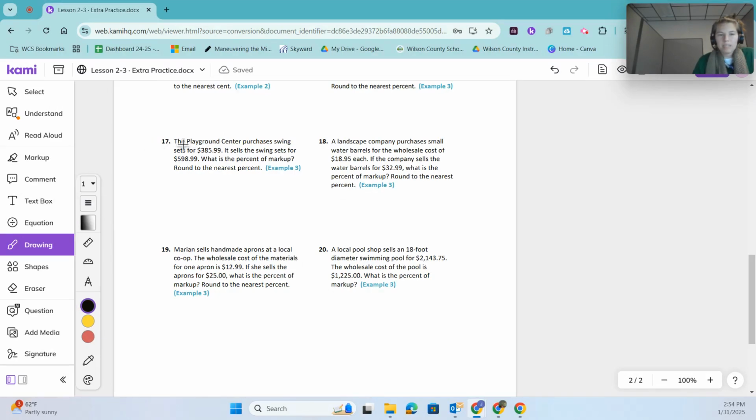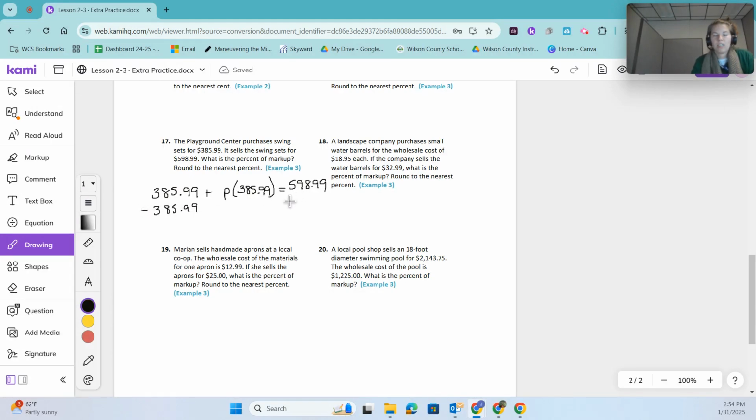Okay, this last type of problem is a little bit different. This is the Playground Center purchases swing sets for $385.99. So 385.99 plus it sells the swing set for. Now it's giving me the total. So I do not know the percent. I know I'm taking the percent times this 385.99 to equal $598.99. So in order to do that, I'm going to subtract my 385.99